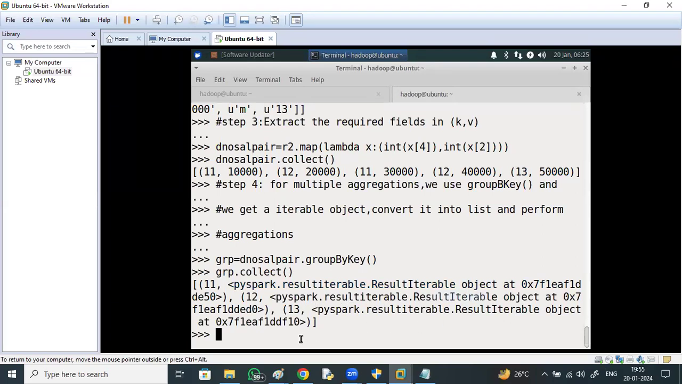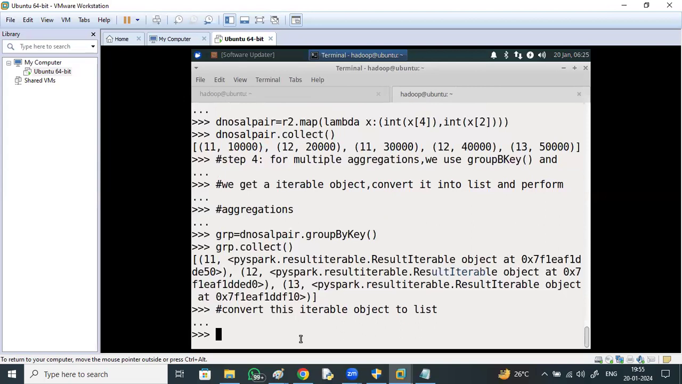Convert this iterable object to a list. How to convert? Okay, map. grp dot map. The output of grp, yes, lambda x. X means each element, each